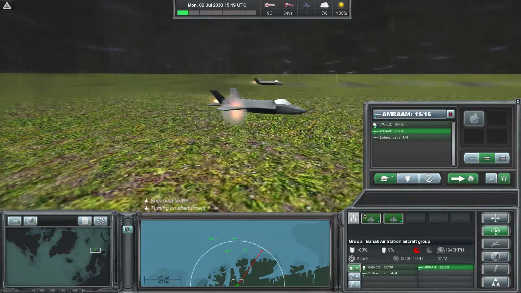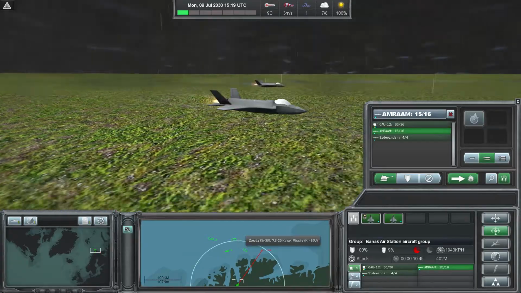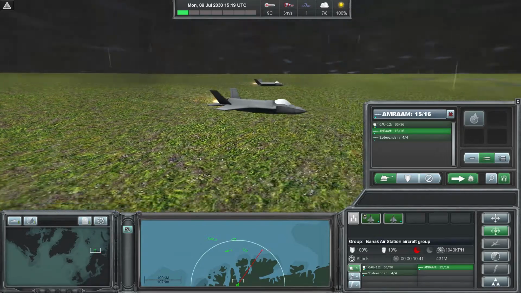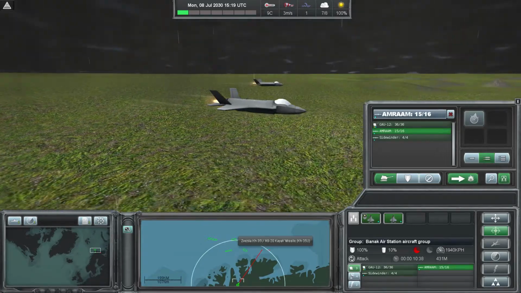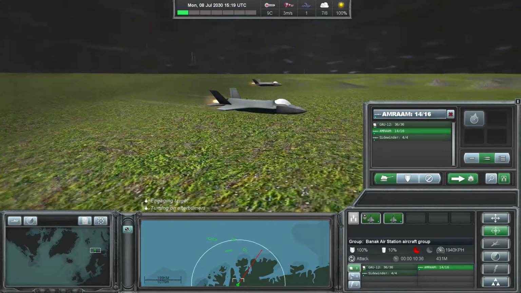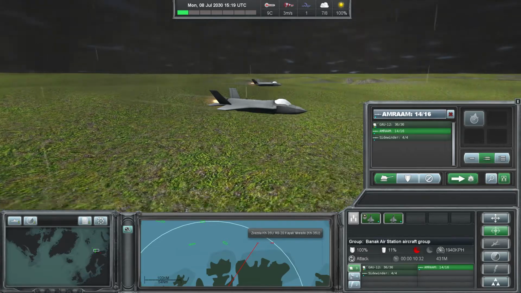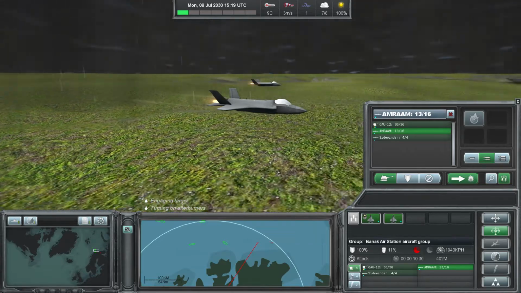Okay, we've got another missile detection, so we'll fire now. The first set of missiles is within AMRAAM range, so we'll engage them. We've got 16 AMRAAMs on these two aircraft, so we'll fire another missile. We want to make sure that the first one doesn't achieve the mission kill that the second one does, and